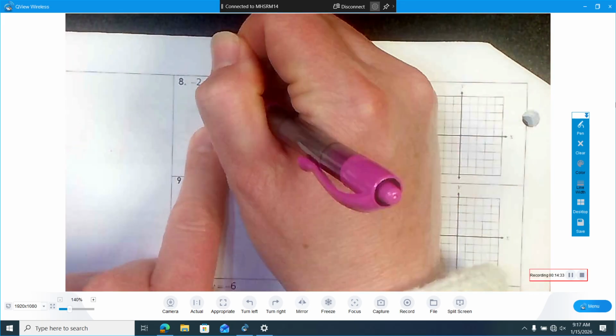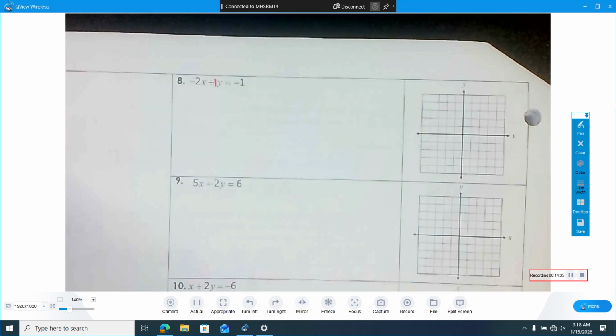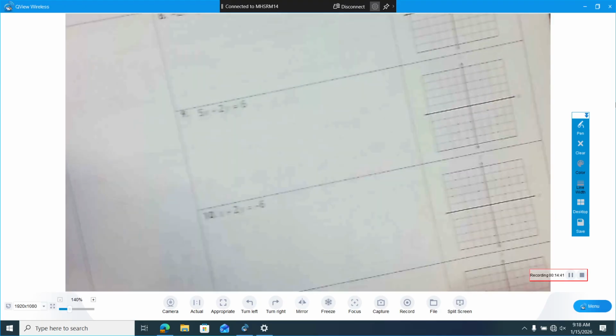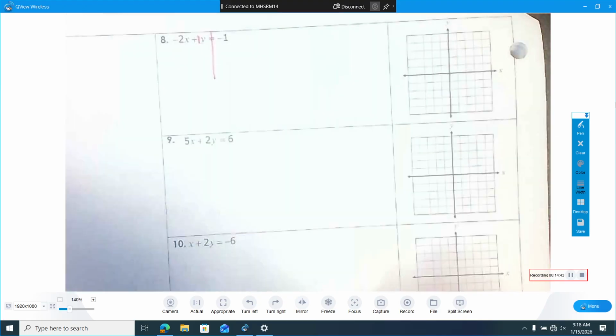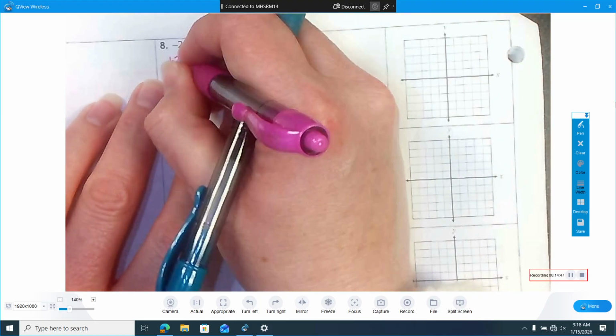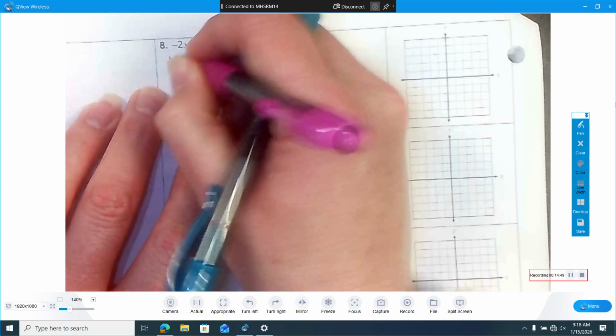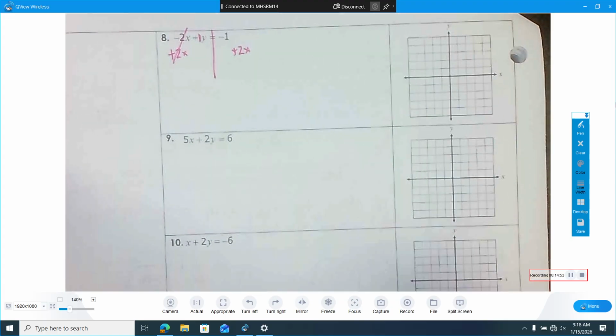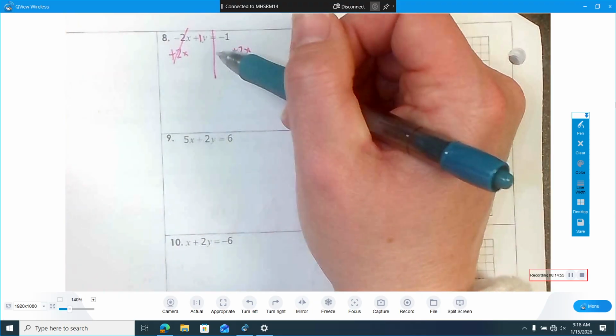All right, there's a little missing one. We can fill it in. Okay. What should we do first? What should we do first? Add the 2x. Beautiful. So we're going to add the 2x on both sides. Again, if you get it, go ahead. Keep working. Love it. And then